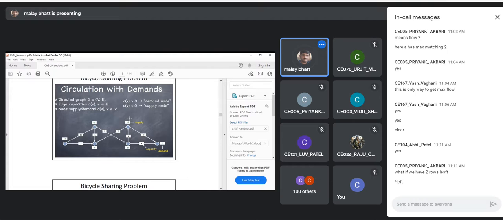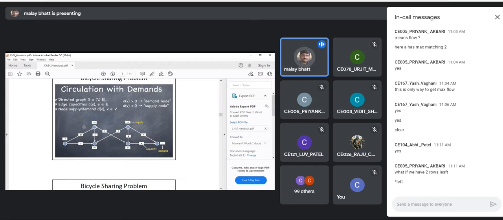Is it clear? When you want to transfer the cycles from a supply node to a demand node, you have to use some path. So the capacity of the path is also given. Also, you can supply from one supply node to another supply node if there is a requirement. You can see the -7 node is connected with -8, showing that there is a capacity of 10 on that path.